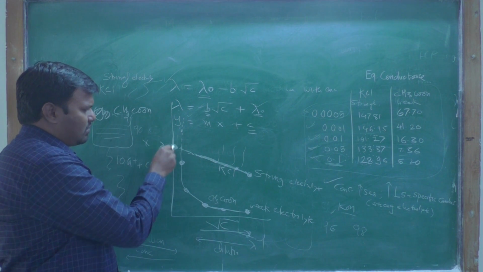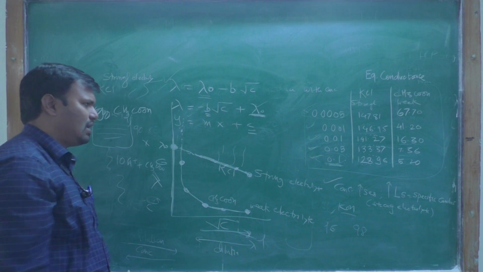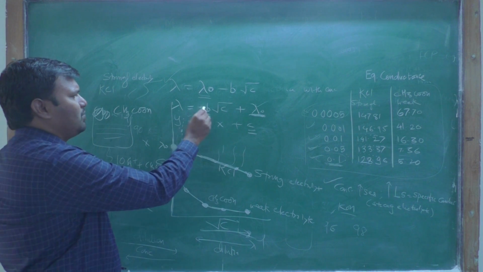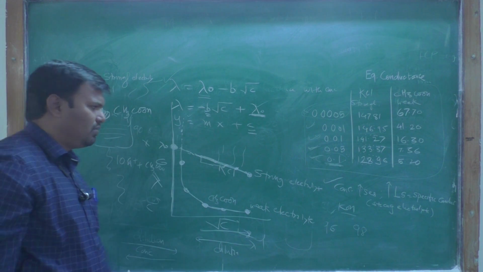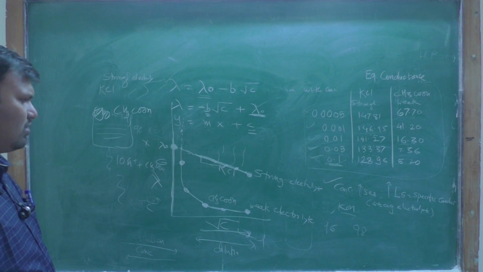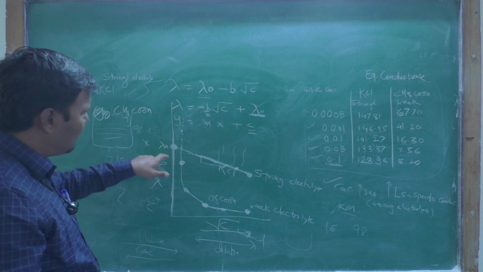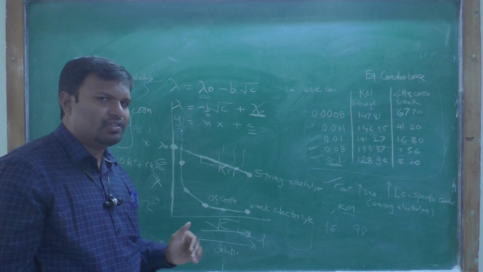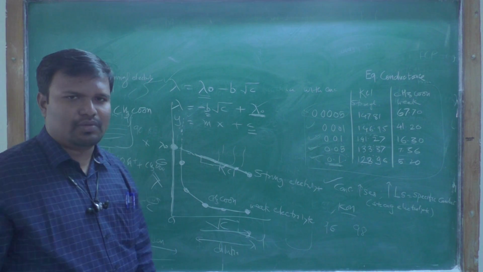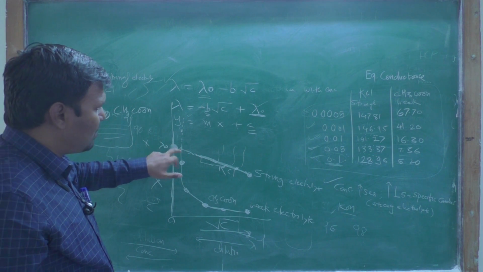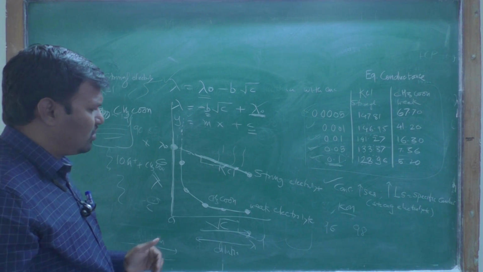When you extrapolate to the axis, that is the intercept. The intercept gives the lambda 0 value, and the minus b is the slope, because the line is inclined downward, therefore minus b; if it were rising it would be plus b. By using that graph you can find the lambda 0 value, that is the limiting value, at very high dilution. Practically, zero concentration is not possible, but by extrapolating we can find the lambda 0 value for the strong electrolyte.